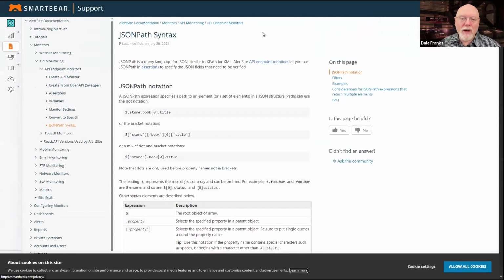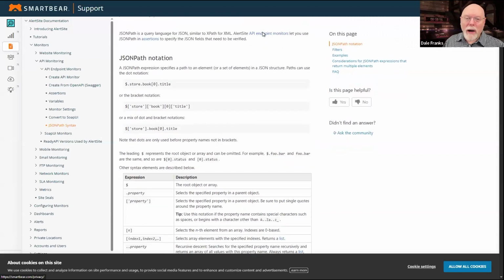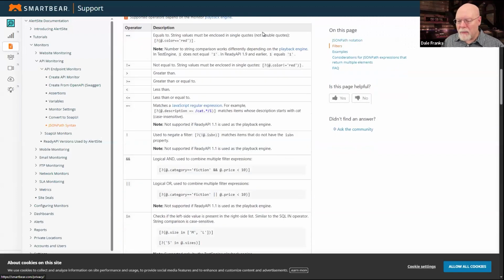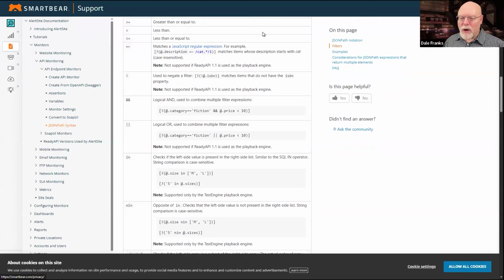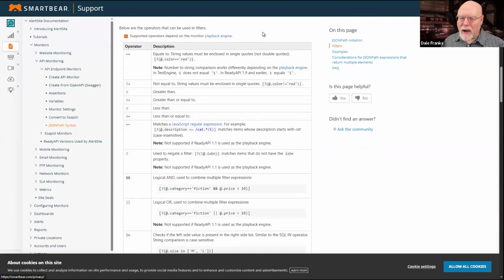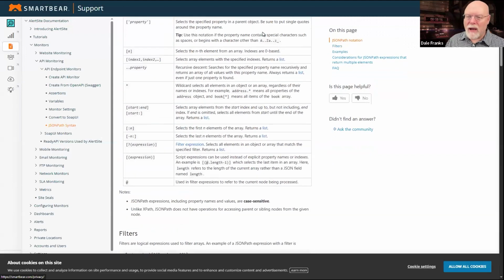It's really great. Love it. There are a couple of places that are pretty good with JSON path syntax, but for whatever reason, SmartBear knocked it out of the park with this documentation page. So if you really want a great overview of how JSON path works, you need to go here because they have a lot more examples, but I'll give you a couple.